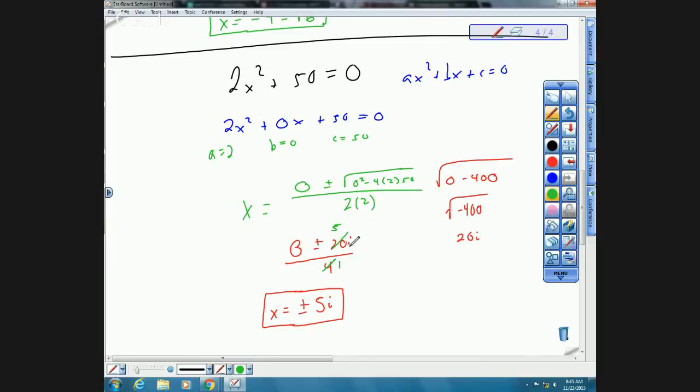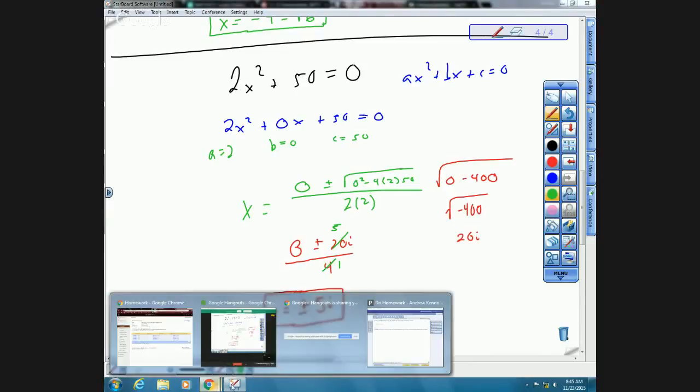Now I guess I shouldn't say that works on every problem on the test. That works when you have an equal sign, okay? Because you're solving for x, you're trying to get x equal a number. So that will work. Anytime you have an equal sign and trying to solve a quadratic equation, that will work. You can put a 0 in if a number is missing. That is it for this chapter. So we plan on